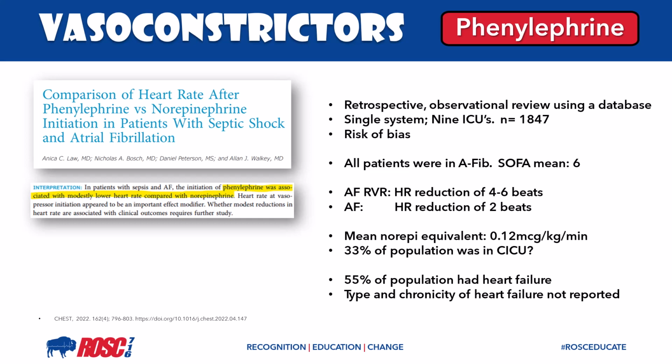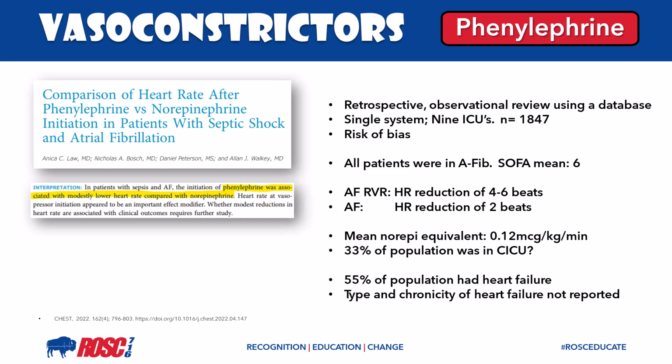Patients in atrial fibrillation RVR that were exposed to phenylephrine had a mean heart rate reduction of 4 to 6 beats per minute. Patients that had AFib rate controlled had a heart rate reduction of 2 beats per minute. While this is statistically significant, it means nothing to me clinically. In addition, there's plenty of extraneous factors that could have brought a heart rate down from 2 to 4 beats